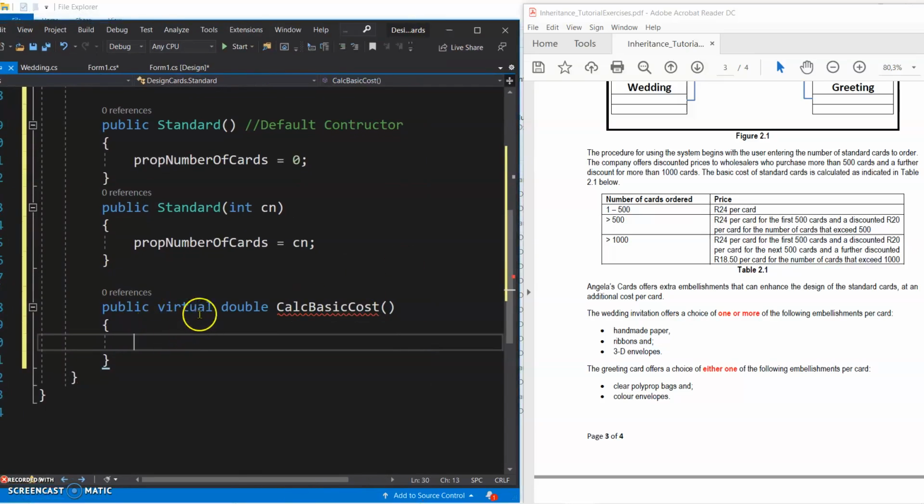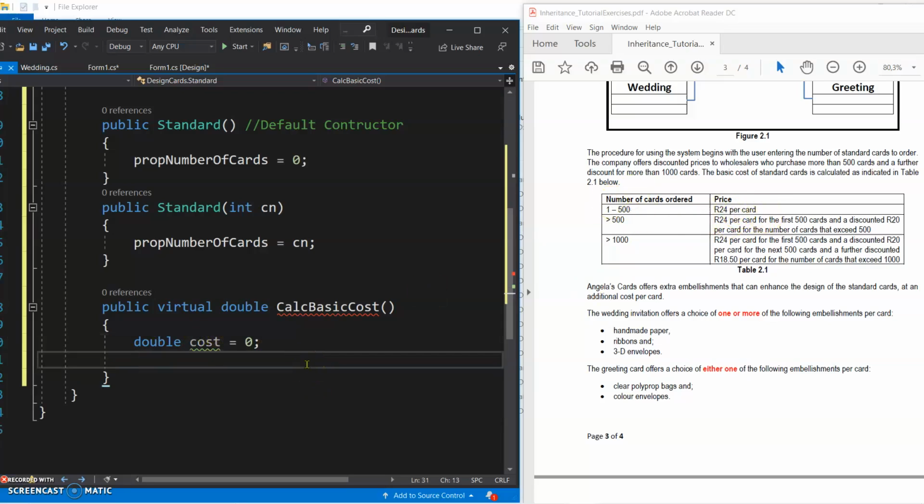Okay, so now we need to calculate. So we need to use an if statement because we need to check if the number of cards is between 1 and 500, and then we multiply the number of cards by 24. Okay, and then let me declare something like double cost is equal to 0. That is where we store the cost we are going to calculate. Okay, so now let me say